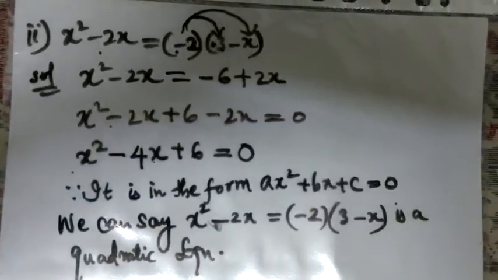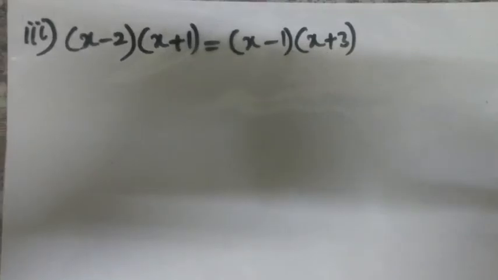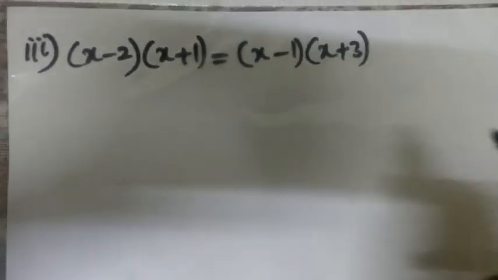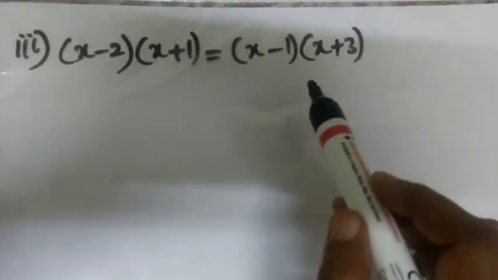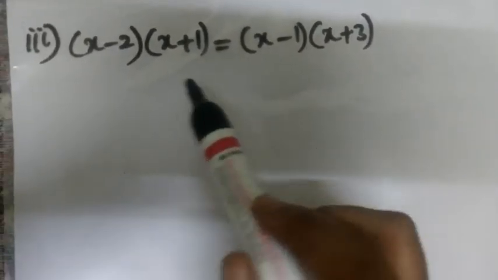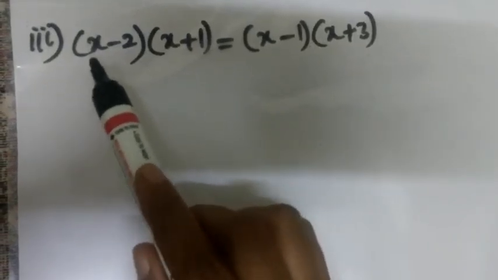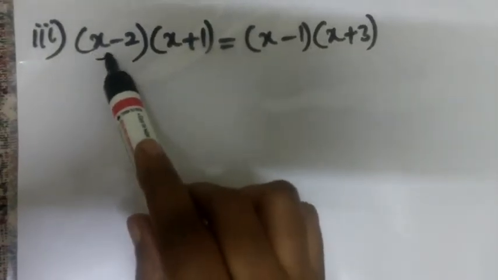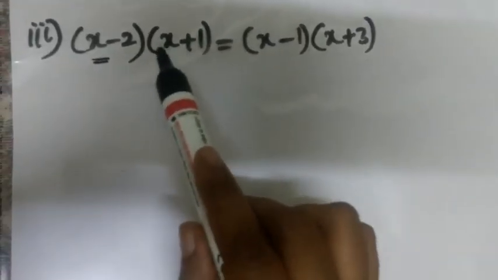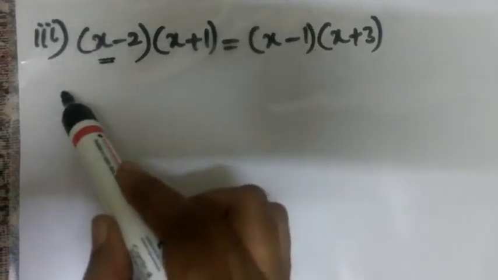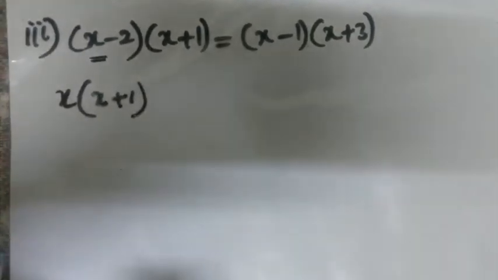Let's try to do question number 1, third bit. Now let's do question number 1, third bit. So here you can see we are not in a condition to apply any identity. We just have to simply open the bracket. So when you open the bracket here, it is very important for you to understand that you have to multiply each term of the first bracket with the second whole bracket. So now to do this, we just have to write with x you are going to multiply x plus 1. Done.